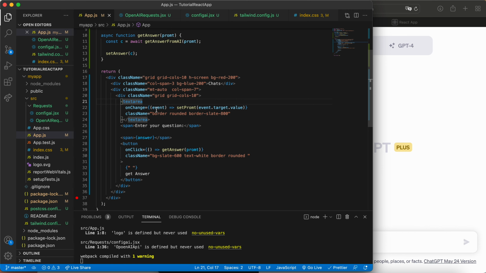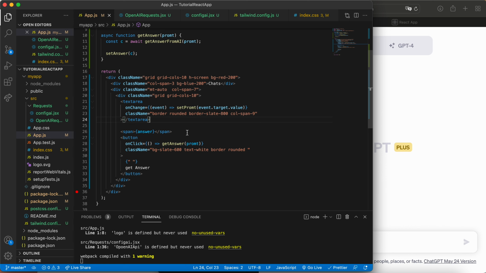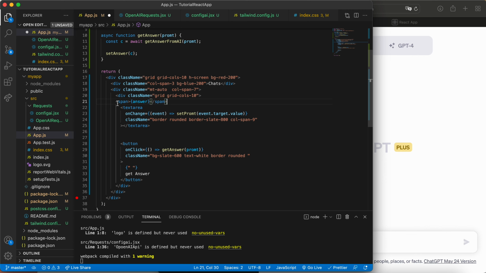Our text area will occupy 9 of those 10. This can go out. Our answer will come here and will for now occupy 10,